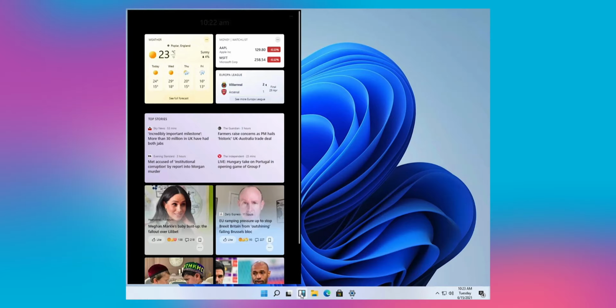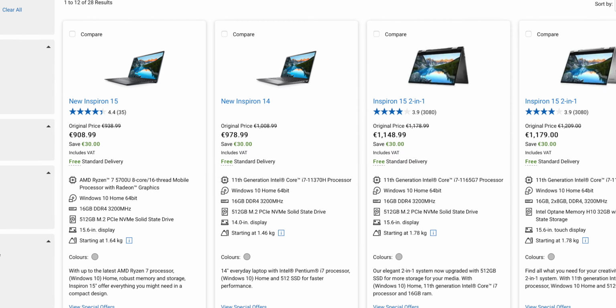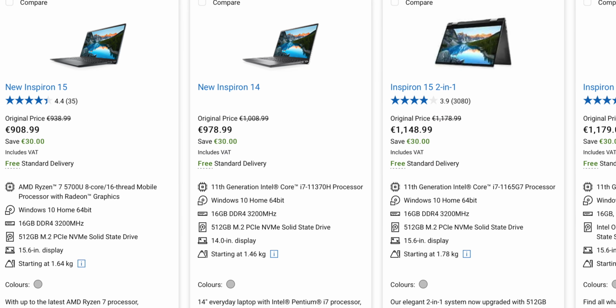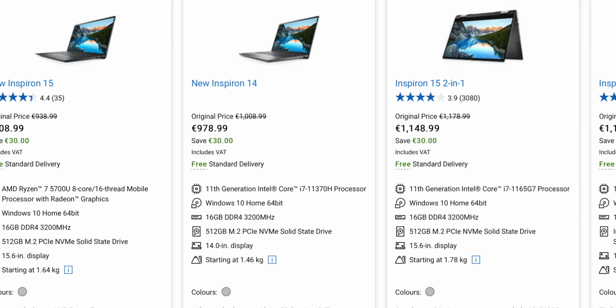Now, on that note, Microsoft's minimum requirements are very minimum. I really do believe that if you're going to be running Windows 11, your computer should have at least 8GB of RAM. We are now approaching that point where it seems like most computer users should be looking for a computer to have 16GB of RAM at minimum when they go out to purchase. It's no longer, make sure it has at least 8. I think we are coming towards that point where you should probably have 16GB of RAM in your system.